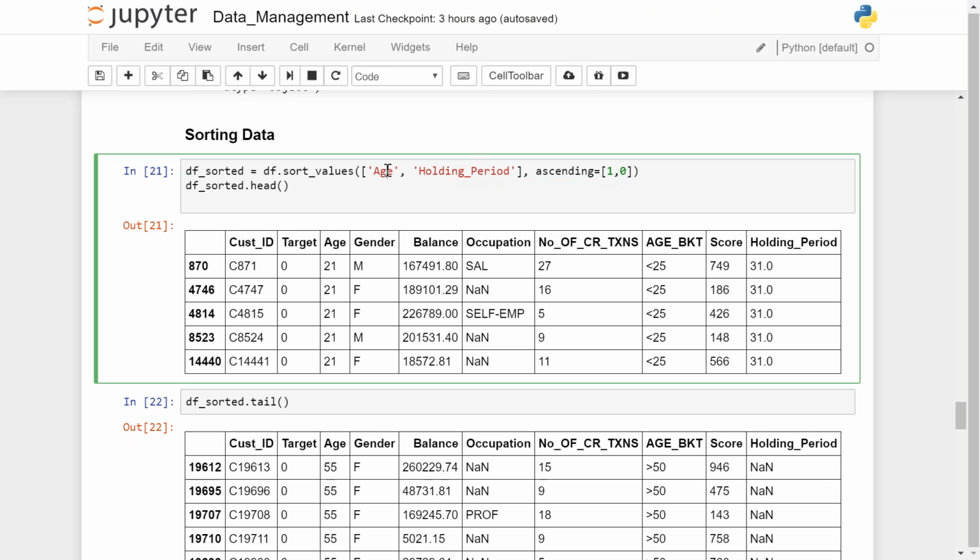Now I want sorting ascending or descending. So if I say 1, it means ascending. Ascending means the lowest value will be at top and the highest value will be at bottom. In case I say 0, so which means, here I've passed two columns, 1 will apply to age, 0 will apply to holding period. So I'm sorting ascending by age and I'm sorting descending by holding period. The second level within age, it will be sorted by holding period in a descending order. So if you run the syntax,